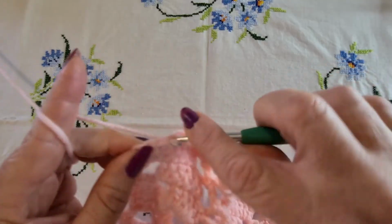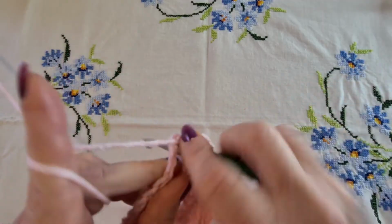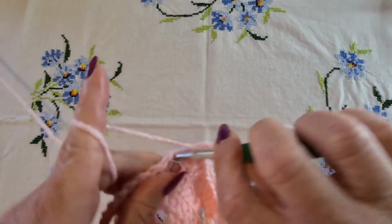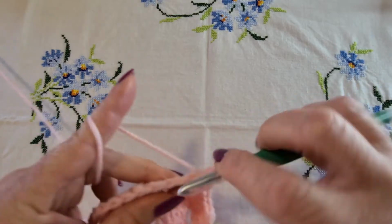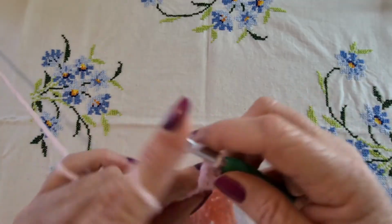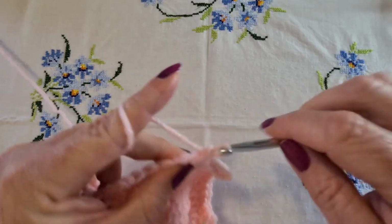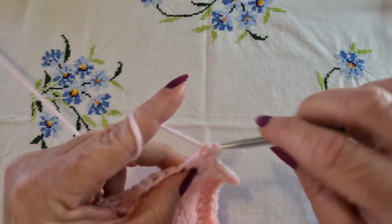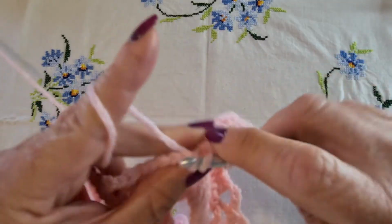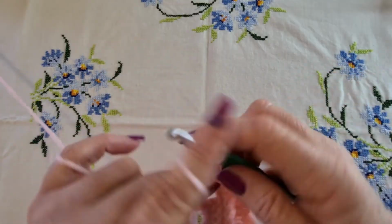5 and 6. Put in our corner, 2 double crochet, a chain 3, and 2 double crochet, double crochet in the next 6 stitches, 4, 5, and 6. Put our 2 double crochet in our first chain space,